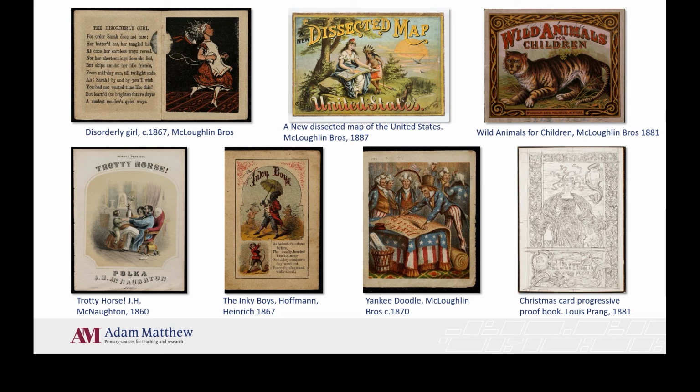Other examples include The Inky Boys by Heinrich Hoffmann, which is a morality tale which has been subject to multiple scholarly interpretations, and Yankee Doodle, an illustrated interpretation of the patriotic song. Historians of childhood can combine literature with the more ephemeral material culture of toys and games, such as the dissected map shown at the top there, sheet music and stereographs to help reconstruct 19th century childhood as a concept and